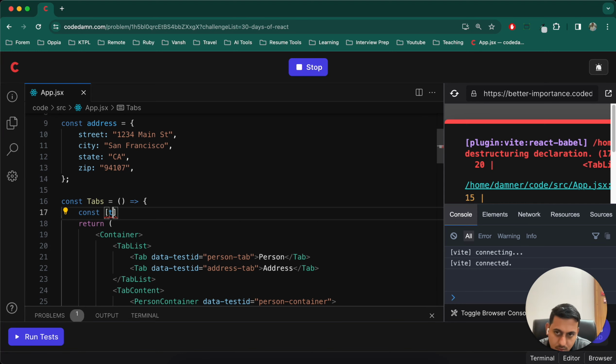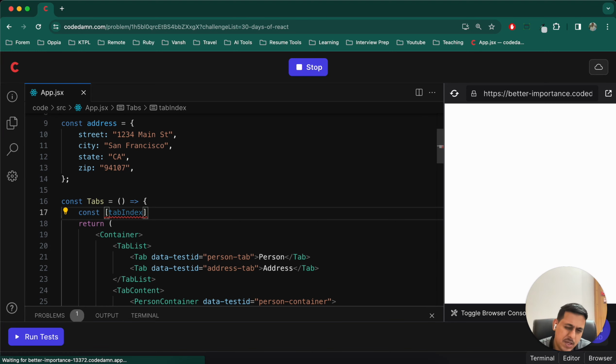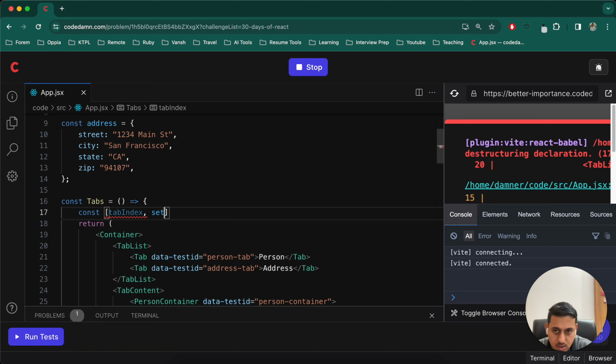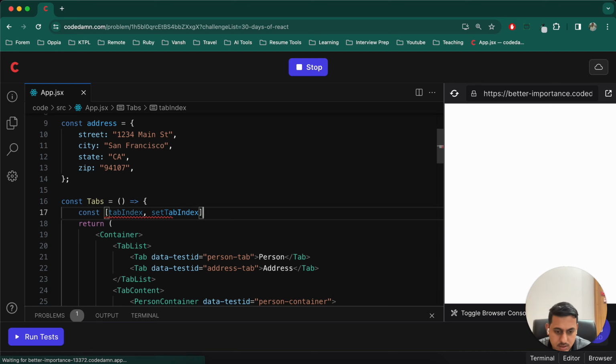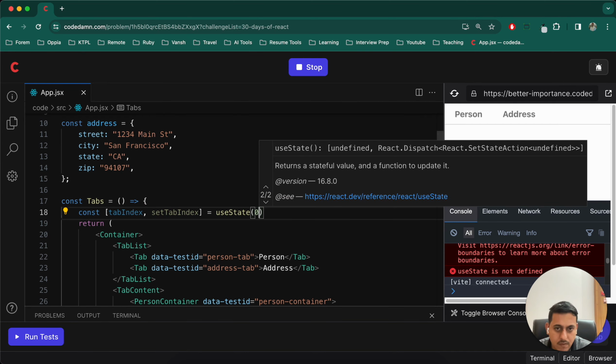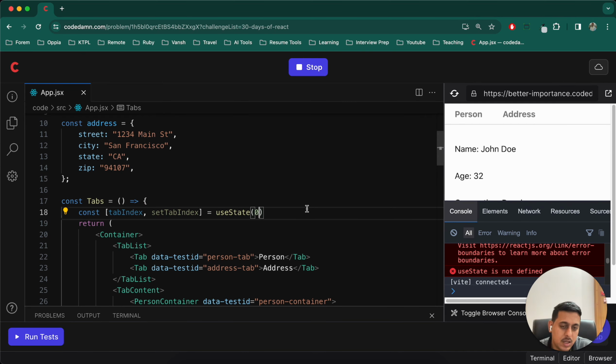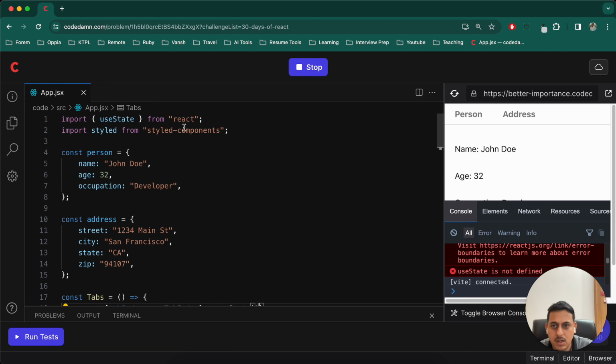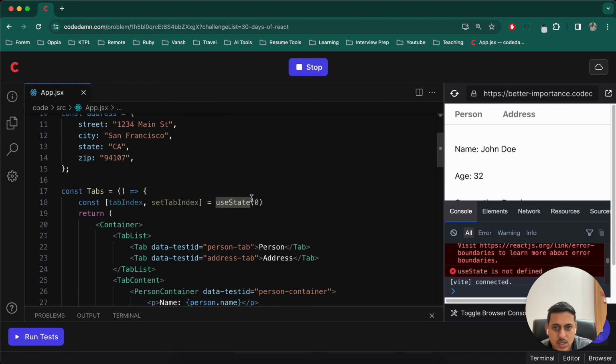So tab index, maybe set tab index is equals to use state. By default, I won't write null because we want the first tab to be selected by default. So the index for that will be 0, the index for address will be 1. We have imported this use state from here, and let's try to use this